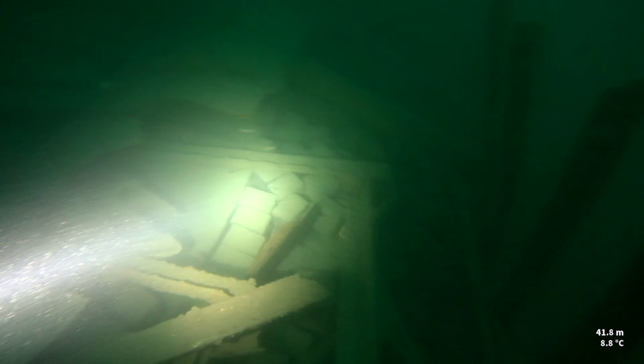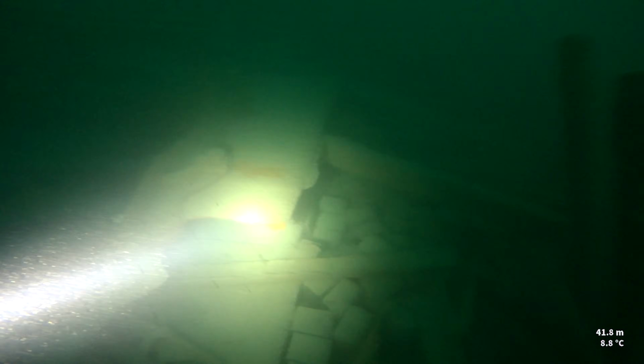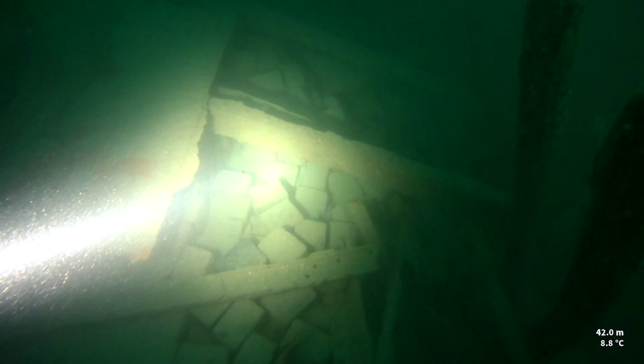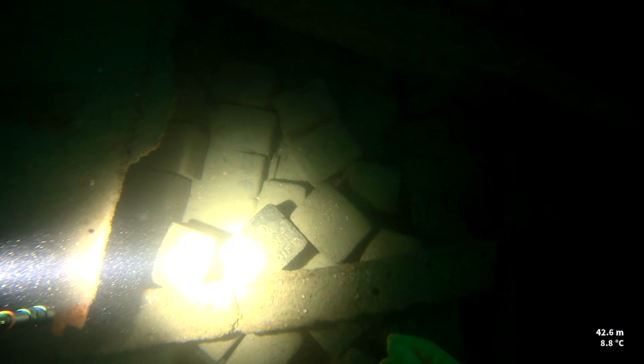All the wrecks in this part of the world, the vast majority of them have fallen apart, and the reason they've fallen apart is because of the strong currents and the strong tidal surges that get even down here, even down to 50 meters. You can get really strong surges during the winter storms, and that just obviously causes stress on the wrecks. And over 100 years, or more, 108 years, which is how long this wreck